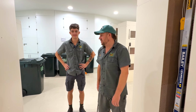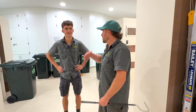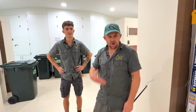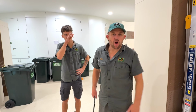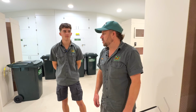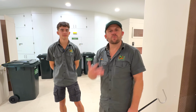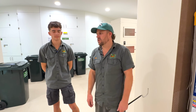Literally almost his first day on the job, essentially, in the Venom program. And for Logan, if he keeps doing everything right like he's doing, in 2 years' time he can be swinging taipans and milking them. That's how quick you can progress if you're doing everything right. With the handling, the more you're doing, the better you get, and the more species you start handling, the more confident you become in your ability